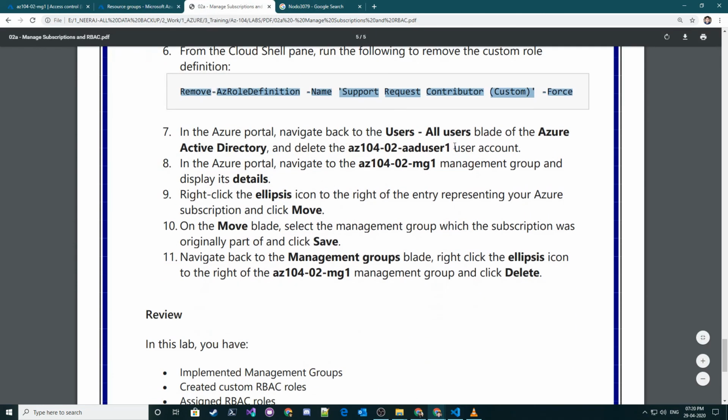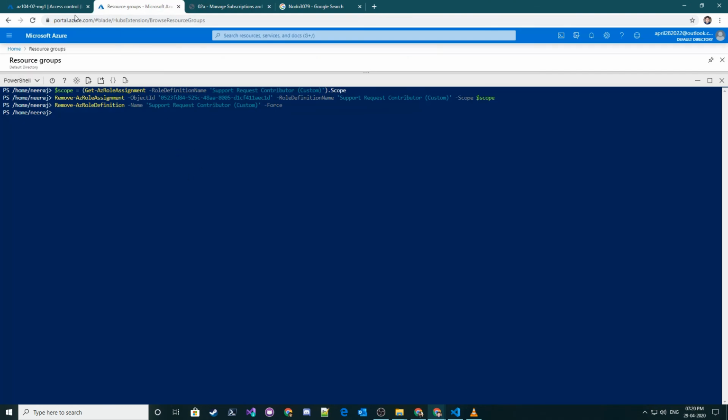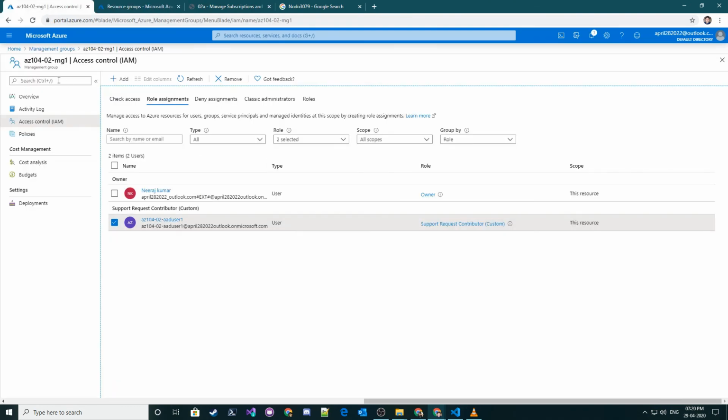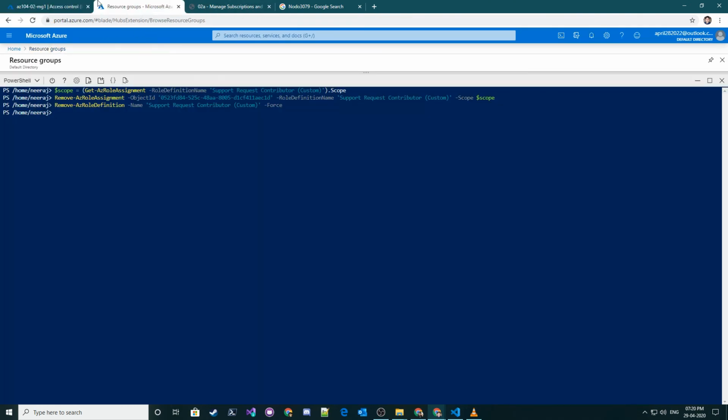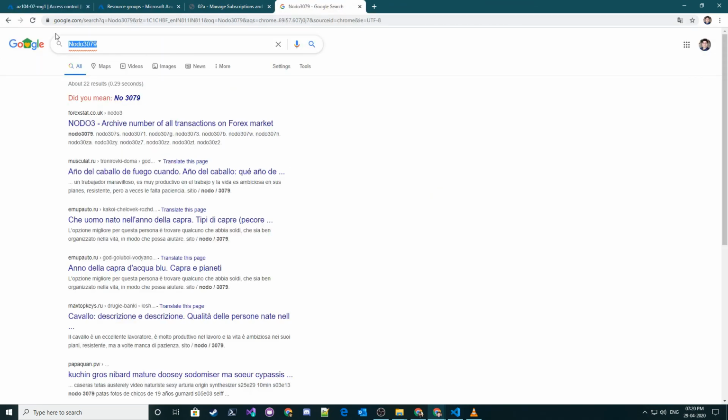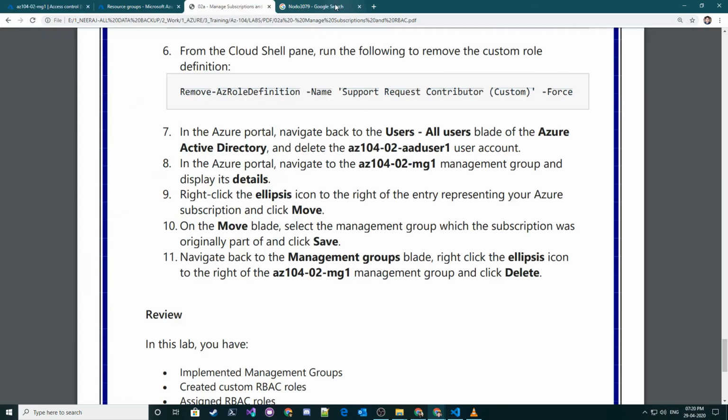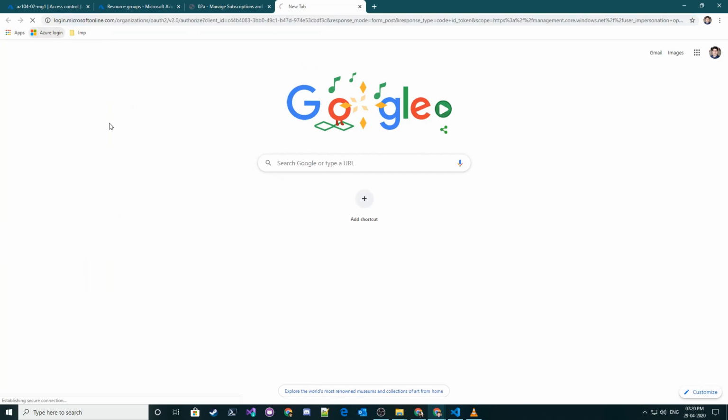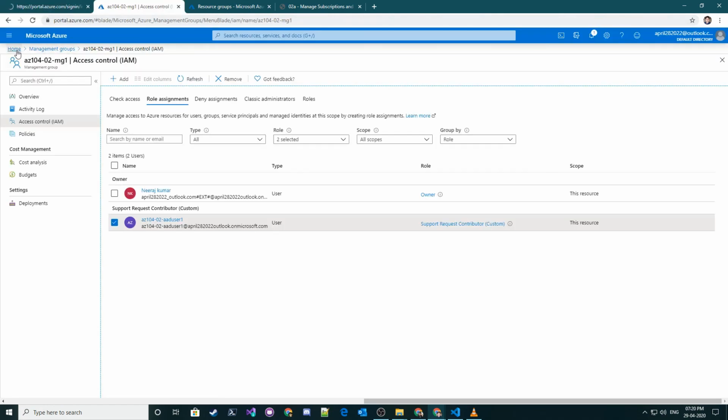Now in cleanup, we have to go to the user account and delete the user basically. Let's open another window. It's going to take some time.